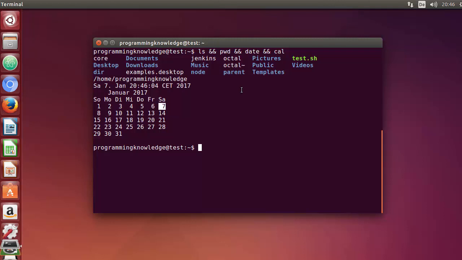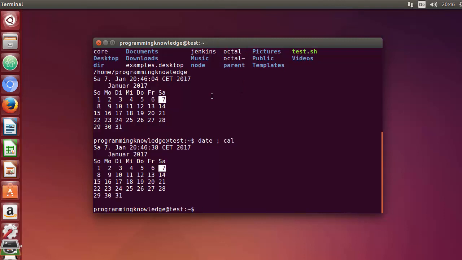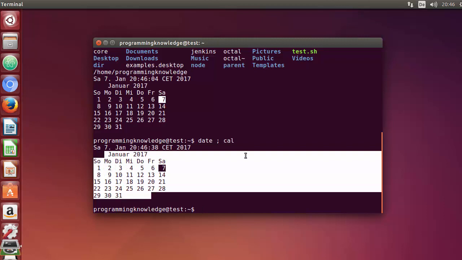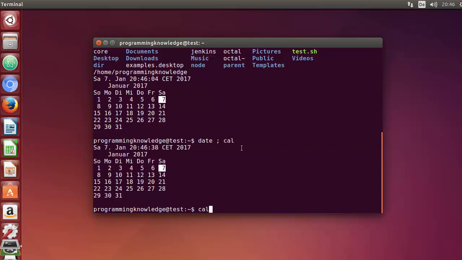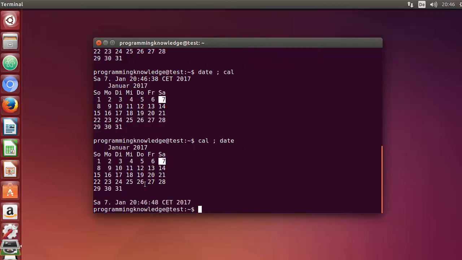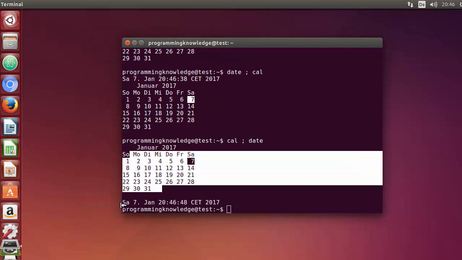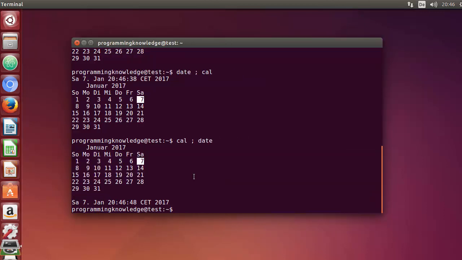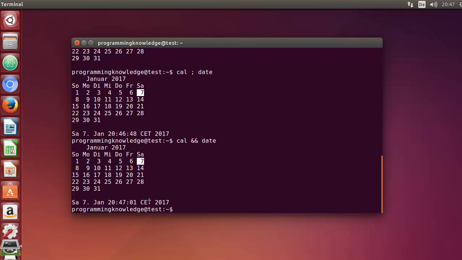So for example, when I use date semicolon cal here, then first date will be executed and then calendar will be executed. So this sequence matters. So for example, when you do cal and then date, then it's going to show the calendar first and then the date, okay? And it's the same with the ampersand also. So instead of this semicolon, when you use ampersand, it's going to show us the calendar first and then the date,